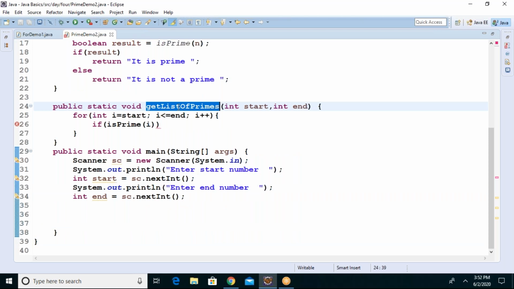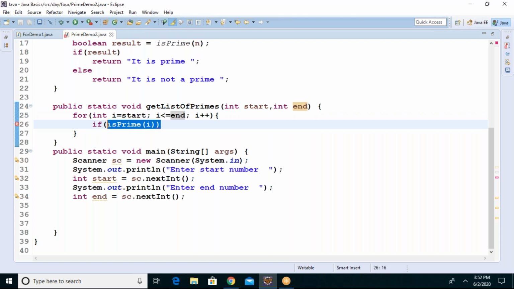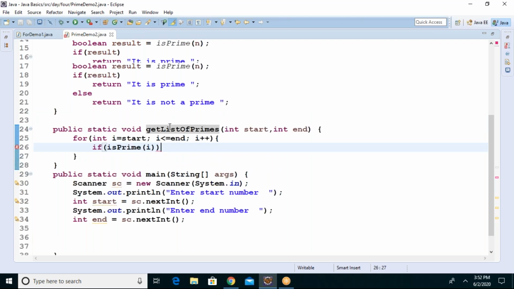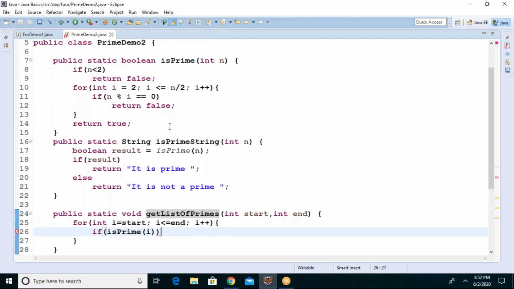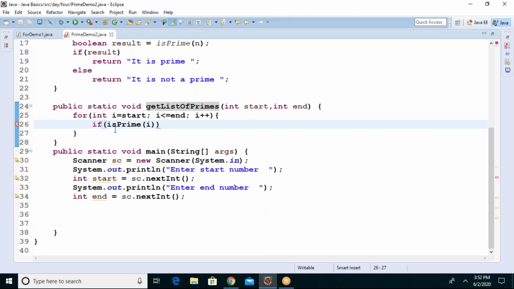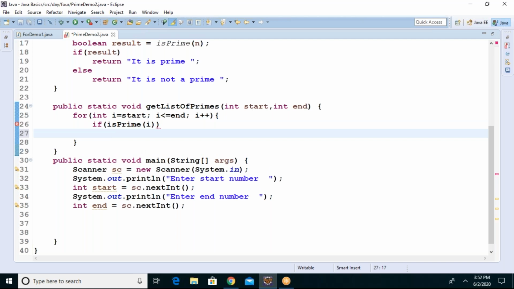There is one more method I wrote, which takes two parameters, starting and ending, and it will check with another method. See, in one method getListOfPrimes, I am using one more method isPrime. This is called the reusability concept. Why should we write the methods separately? Because every method should be reusable. I can reuse it for another purpose. See, isPrime can be tested for a prime number, and isPrime can be used to get the list of primes also. Now you understand why I called it a reusable method?